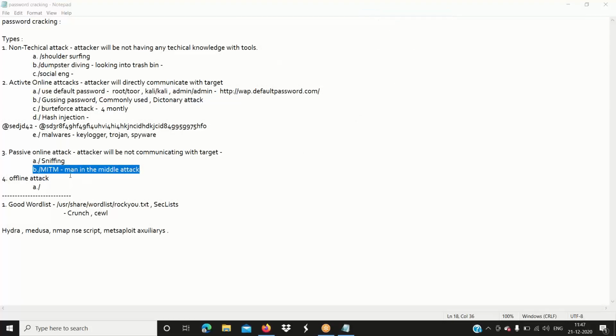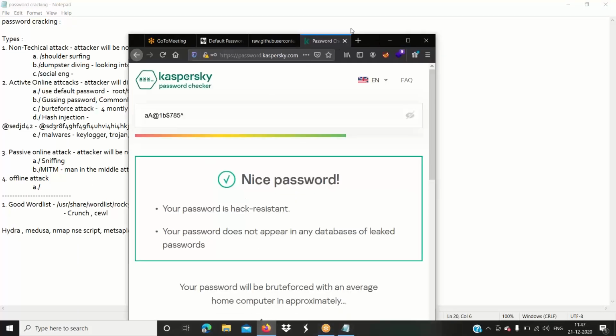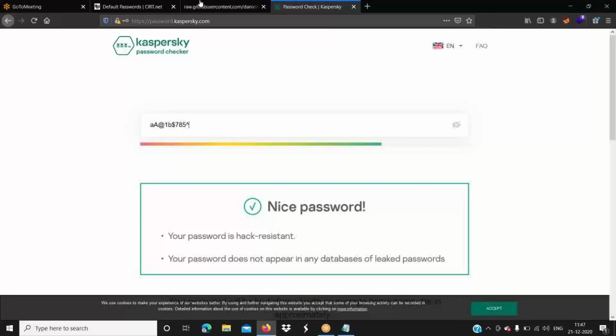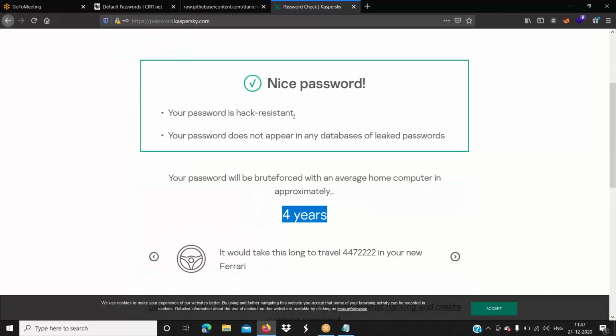Then we have offline attacks. In offline attacks, they collect the hashes, and cracking takes some time. As we saw, cracking some hash or password can take 4 years.